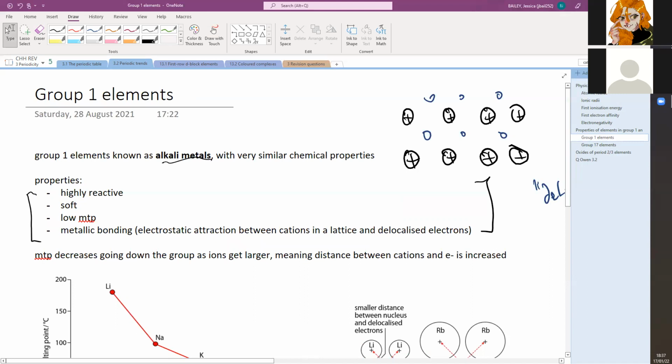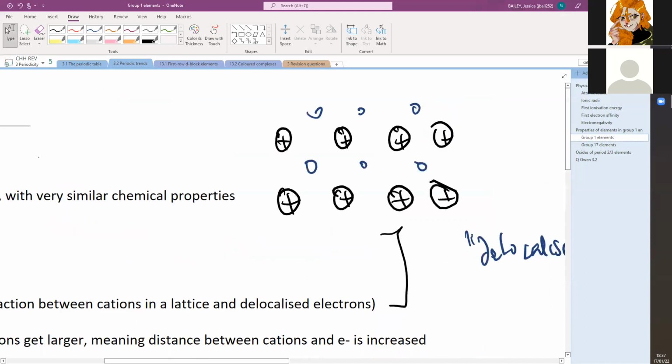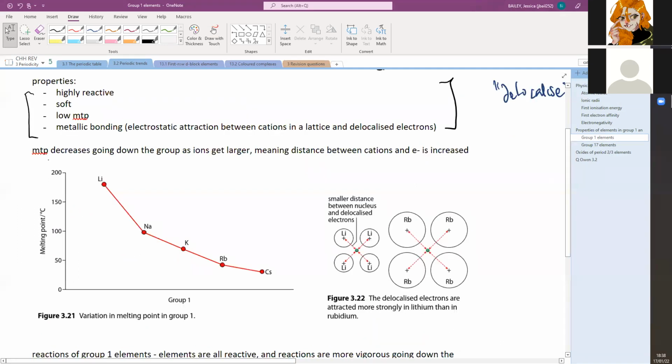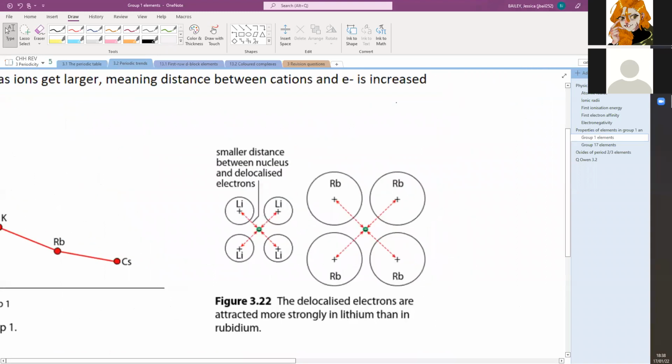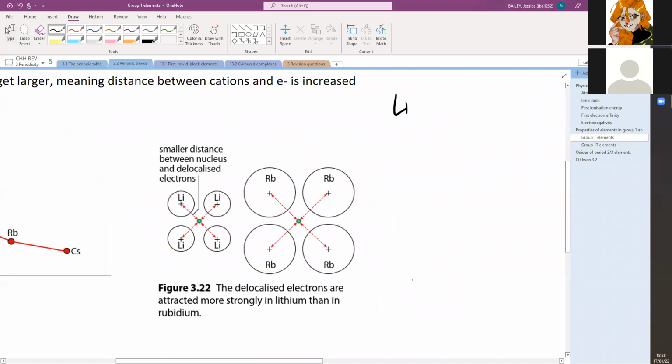So this is saying that the melting point decreases as you go down the group as the ions get larger. Because again, remember, always link back to electrostatic attraction, which is what this diagram is. The further down that group that you are, so lithium is all the way up the top and rubidium is like second last, the further down you get, the further away your valence electrons are, and hence the less electrostatic